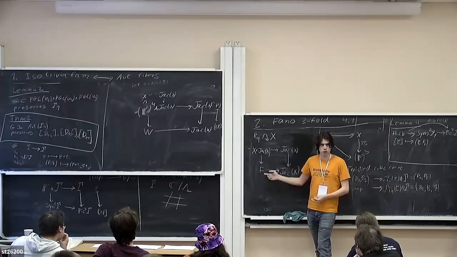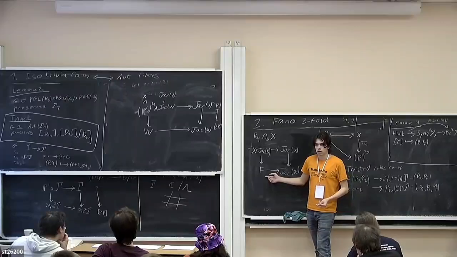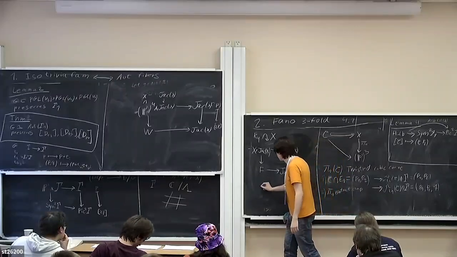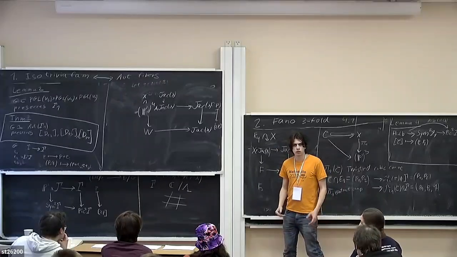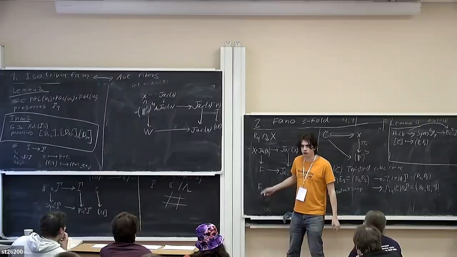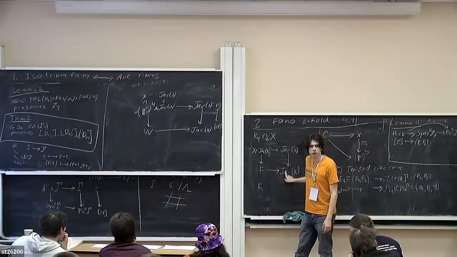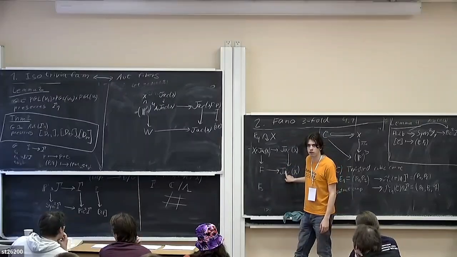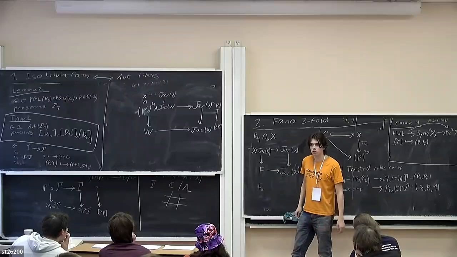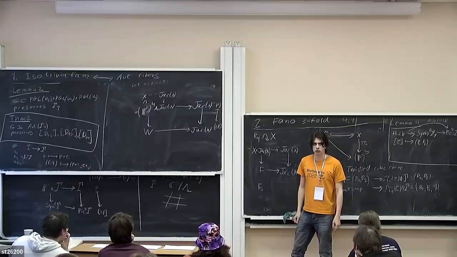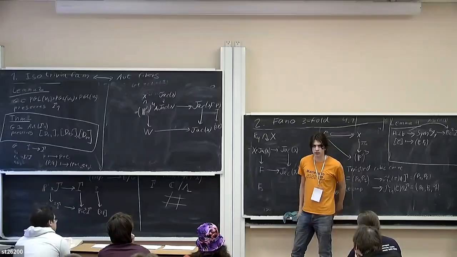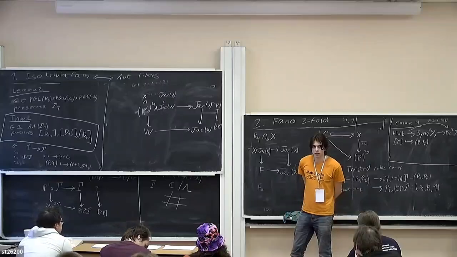So the generic fiber should be some form. So if we take the generic fiber, what is the right notation, F0? I don't know. So it's some threefold over the function field of the intermediate Jacobian. And it should be some form of some Fano threefold of type 4,1 with Picard rank 1. And so is it rational or is it not rational? A conjecture by Kuznetsov says that it's not rational, but